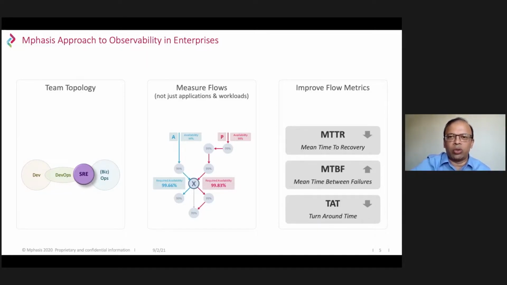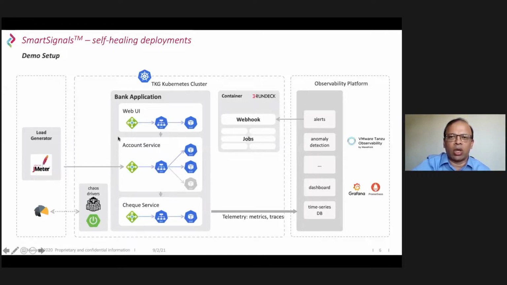So if we improve these three metrics, and there are hundreds of practices that we can enumerate, those all will ultimately help us improve these three metrics. And if we focus on these, then we can find a consistent way to implement this across the organization. So I'll stop there. I will invite Uday to talk to us about how he has done the demo, how he has set it up, and give us some of the learnings that he has in the process.